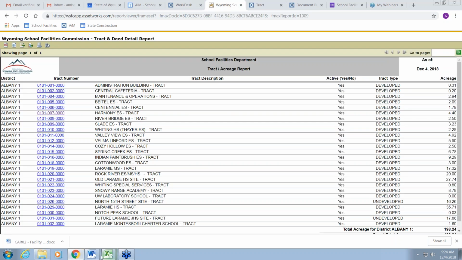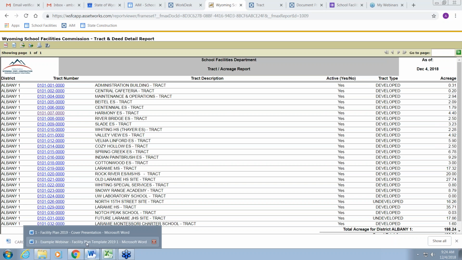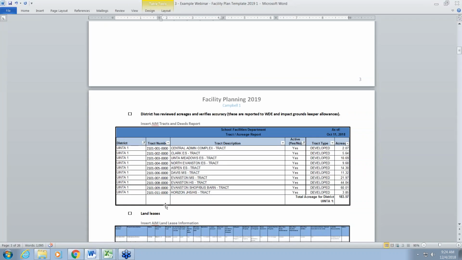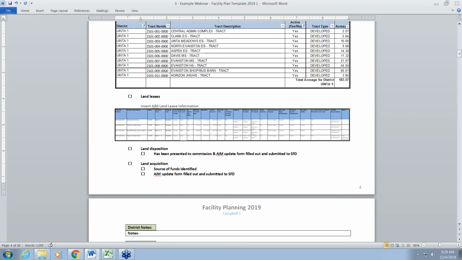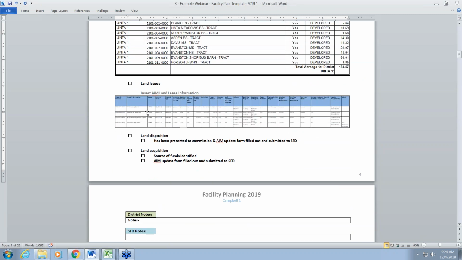But going back, once you find something that has a discrepancy, you can contact myself or Charlie Kaufman, and we will address it with you. Sometimes it's a very quick fix that just needs to be addressed. Sometimes it may require us doing an update form for the AIM to track the information. When you know the information is correct, you can click the box and move on. If there are any comments that you need to make on that specific section, we have areas down below where you can type your notes personally in the section